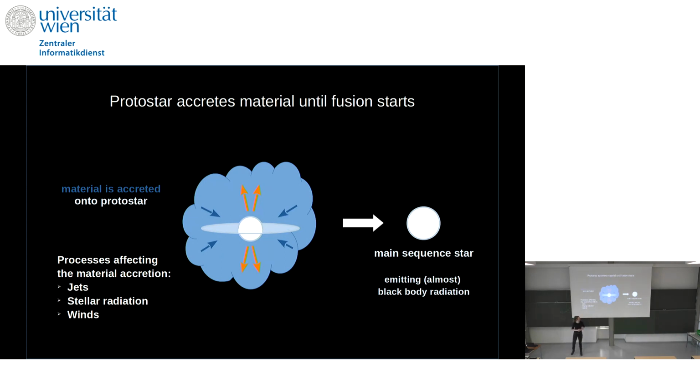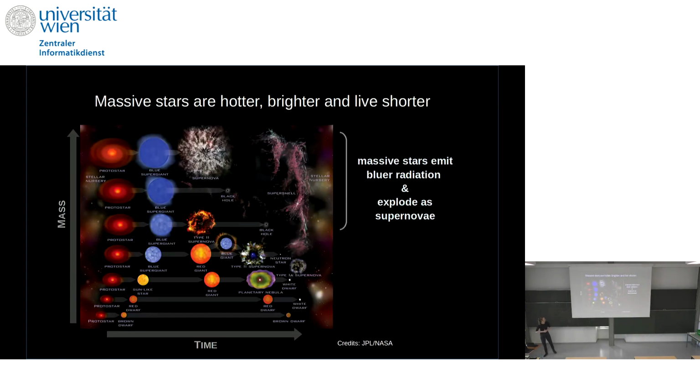form a main sequence star, which are the stable ones which shine for a longer time. So if you look at the main sequence stars, there's a variety which then evolves. You form stars of various masses. And I think the key point to take away from here is that you have what I call the low mass stars, which are like our sun. They will last, I don't know, a billion years.